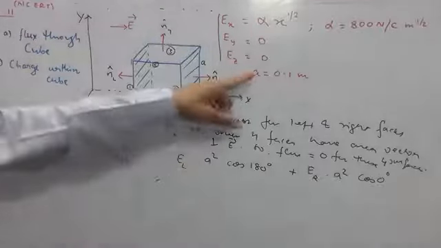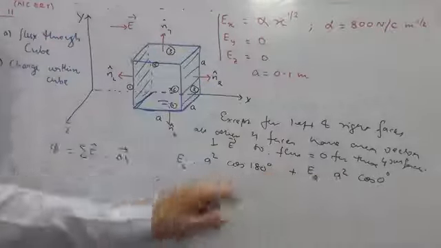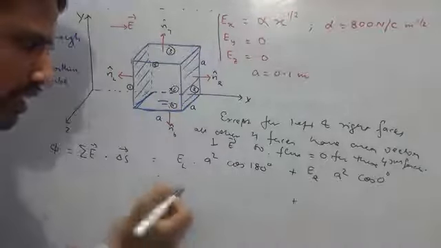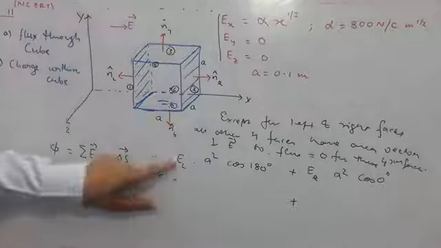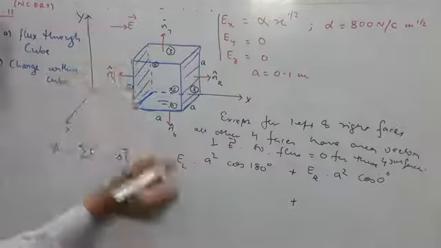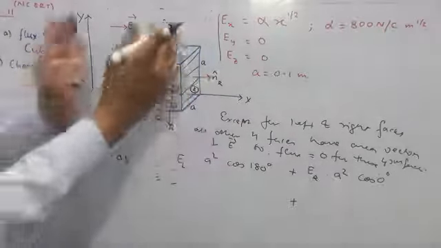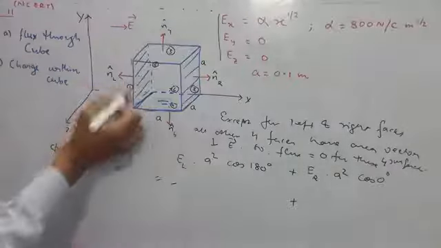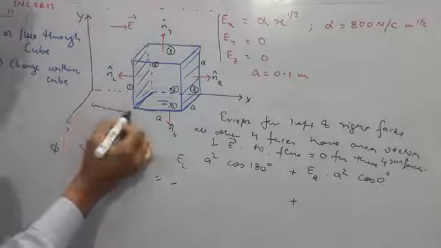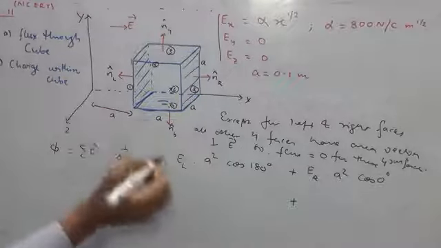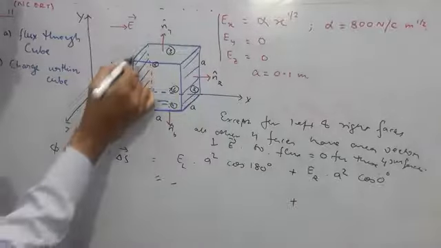Now a value is given in the question, so you will put those values. Cos 180 will be -1, cos 0 will be +1. So this will be plus and this will be minus. EL, now value of E is given by this expression. At the left end, what is the value of x? Imagine this is the cube. This face is at distance, this is also A. This is also A. It is missing in the question probably. Or I think it is given. It should be given. So the value of x is A for the left face.